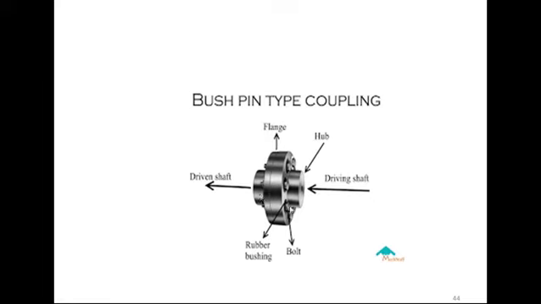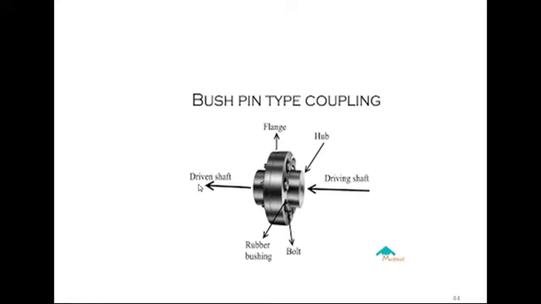So these are the two flanges here, and they are coupled to each other. From here we are going to join our driving shaft. The shaft we want to join will be attached here, and the other shaft to which we want to transfer the motion is going to attach here. So when this driving shaft starts moving, it is going to transmit the power to this driven shaft.